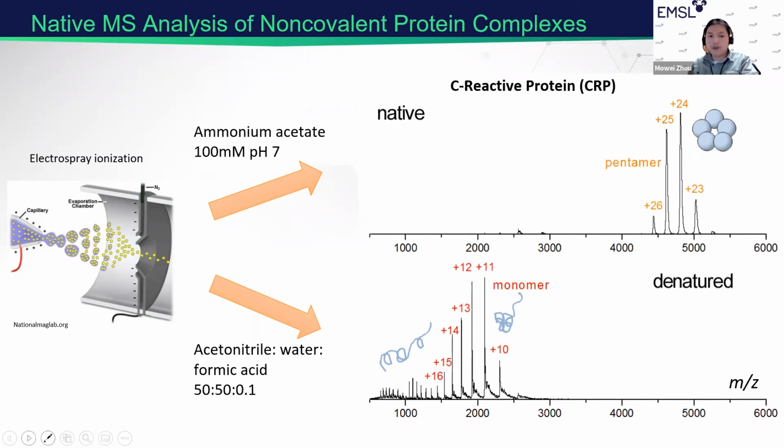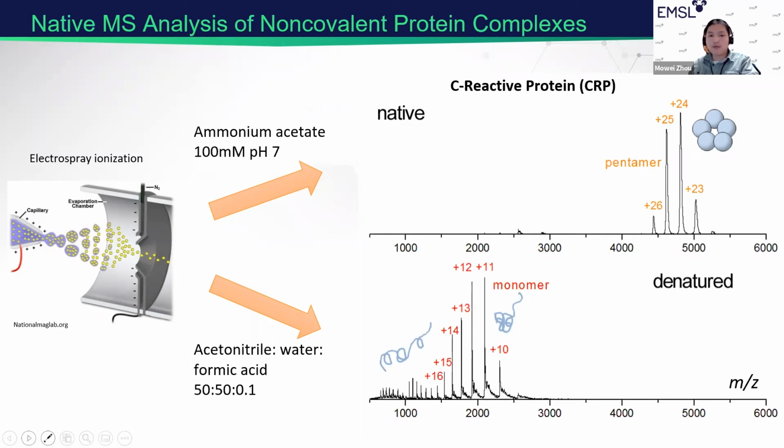protein complexes. So the major difference from the technical side is that historically, people have been mostly doing the protein work with denaturing conditions, meaning that although we start with electrospray ionization, we use denaturing solvents, including organic solvents like acetonitrile and some acid in the solvent. In this case, the proteins are usually denatured and highly charged, and this makes it easier to detect with the mass spectrometry because the mass to charge is at relatively low values, and it's easier to manipulate those